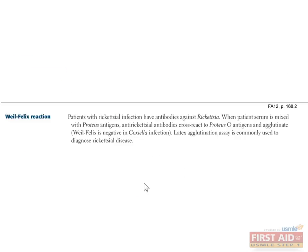The Weil-Felix reaction is how we diagnose rickettsial diseases. By the way, do you remember what organism causes Weil's disease? That's right, Leptospira, which is a spirochete. The reaction is pretty simple. Patients who have rickettsia will make anti-rickettsia antibodies. When you mix patient's serum with Proteus antigens, the anti-rickettsial antibodies cross-react against Proteus O antigens and cause clumping or